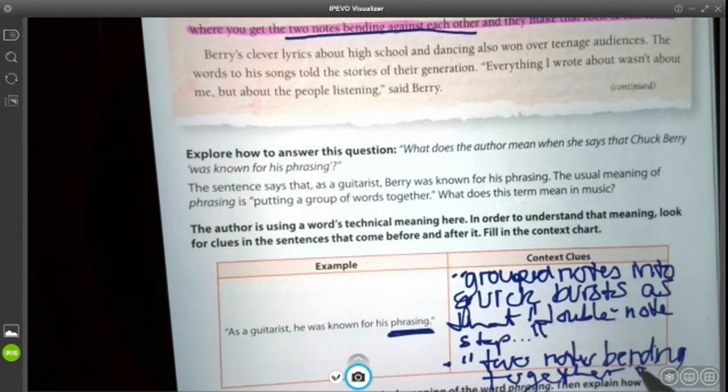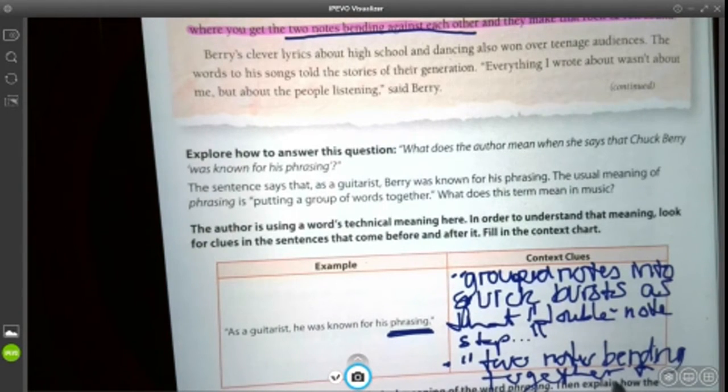Okay, so this helps me know, if I were going to write a definition without looking up phrasing on Google, because that is a resource that you could use, but we're really trying to work towards figuring out what words mean using the text around the words, and just using our own background knowledge and clues that the author gives us. So I'm going to make up a definition, and I could say phrasing